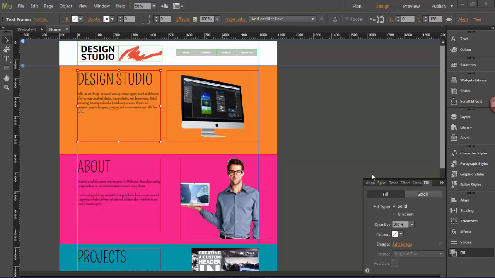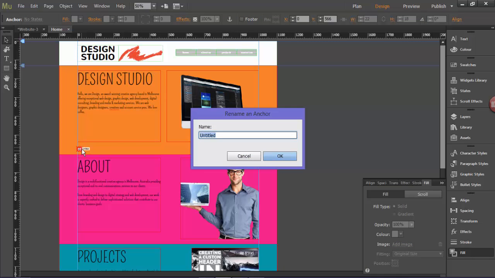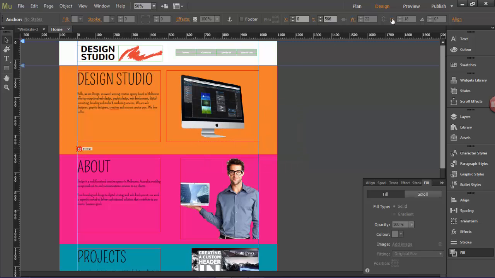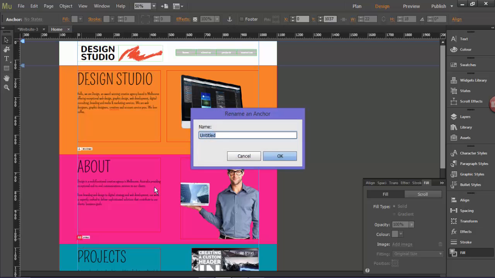So now once we've got our website set up like this, we need to get this navigation bar to work. To get it to work, you first need to set up some anchor points that will help get to the certain pages. To do that, click on this little anchor icon over here, and I'm just going to put it about here, and this is going to be my about page. I'm going to grab another one and put it down here, and this is going to be my projects page,